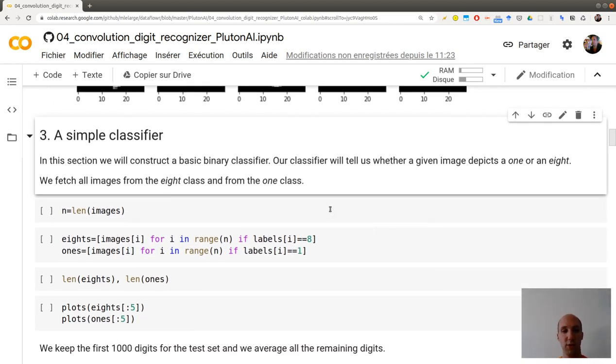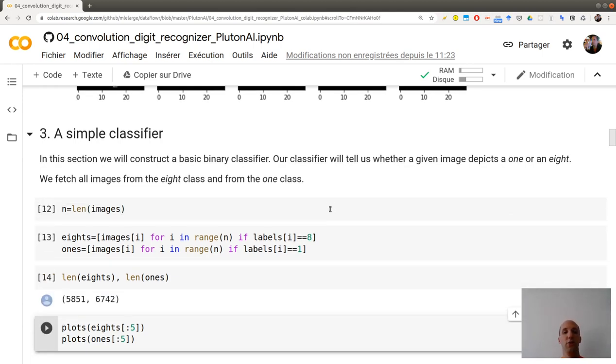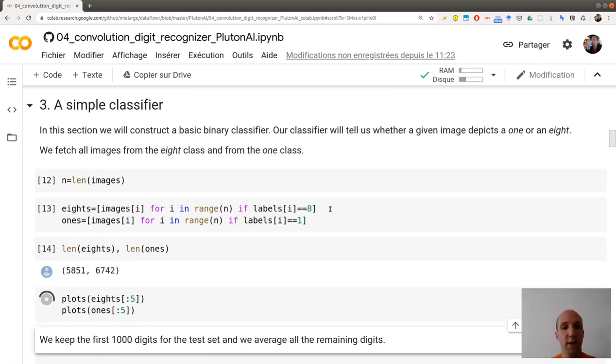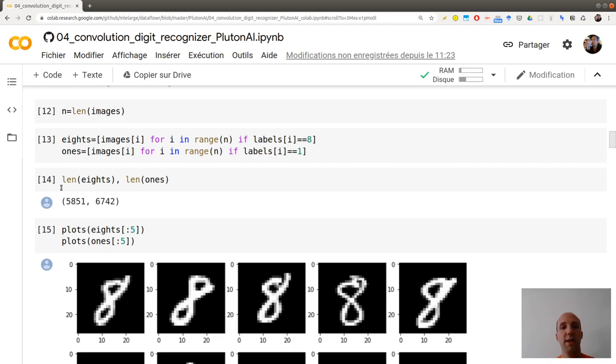The first thing I'm doing is extracting the 8s and the 1s. You see that in MNIST you have in total a little bit less than 6,000 eights and a little bit more ones.